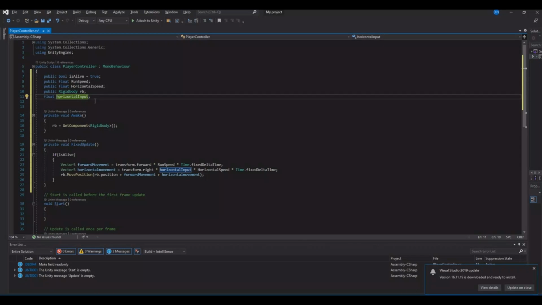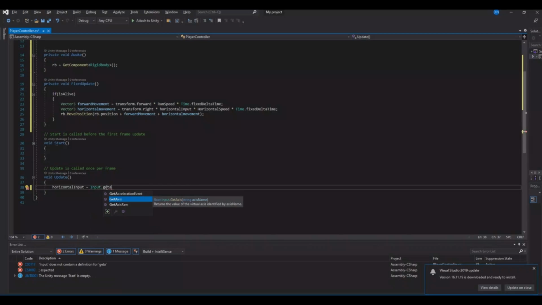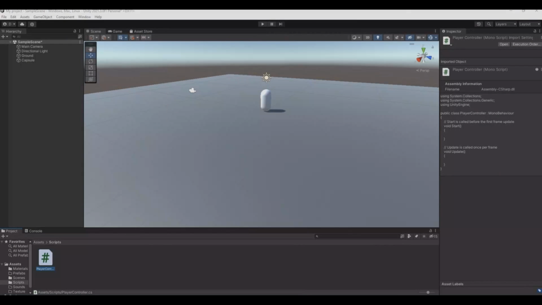Now our horizontal input, we need to get that. We will get that from the Update, so we can say horizontalInput is equal to Input.GetAxis, and here we will get the Horizontal input like this. So if we save this and head back to Unity and we hit play,